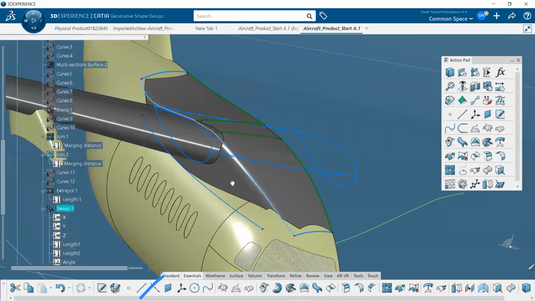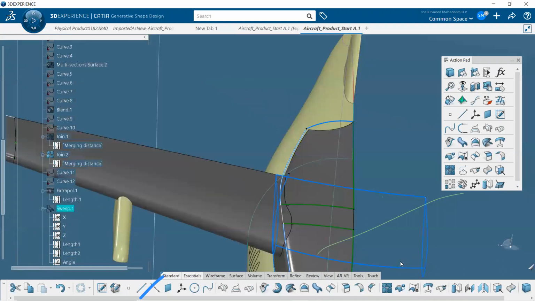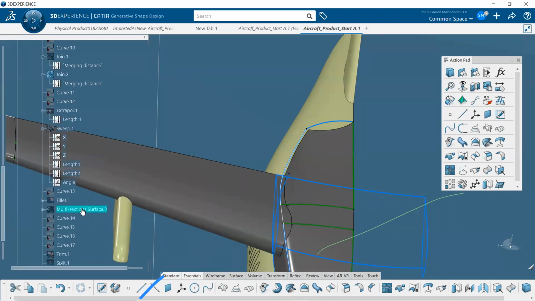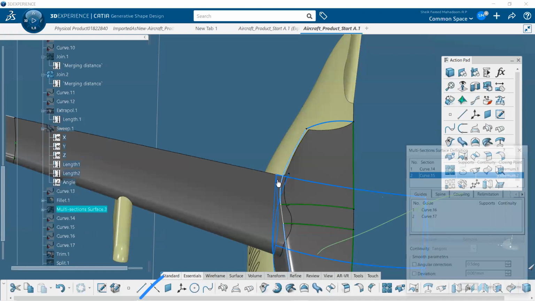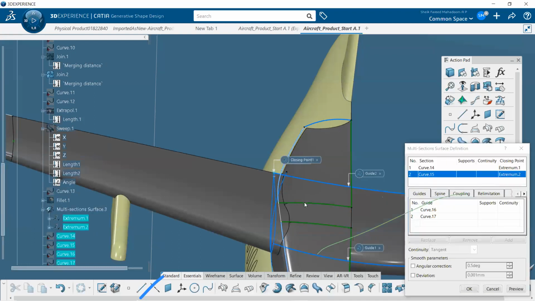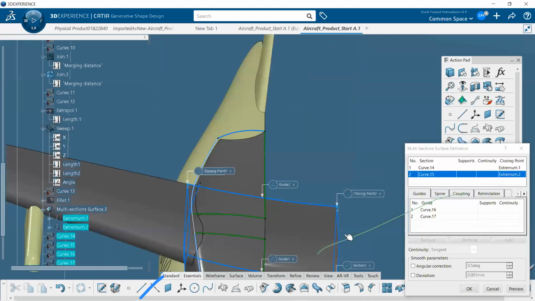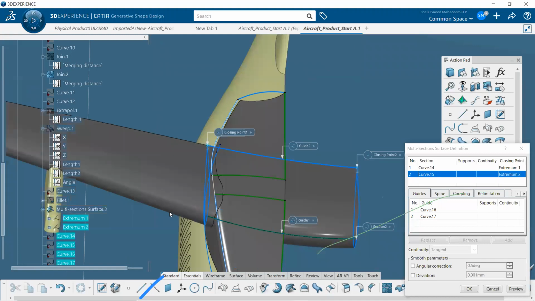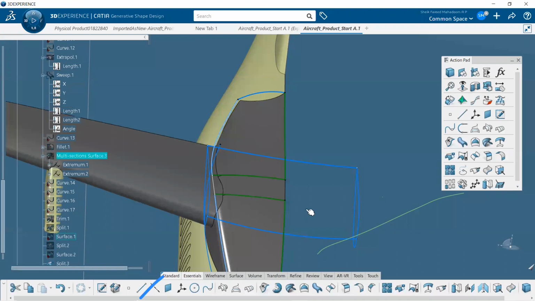Now I have some extension between this upper fairing and the wing. There will be a little bit of gap over there. So I created a multi-section using this side of the wing and the extension side of the wing. You can see over here, I created the multi-section between this side of the wing and that side of the wing. I took the guide on this side and created the surface. Then I trimmed both to remove the excess element over here.